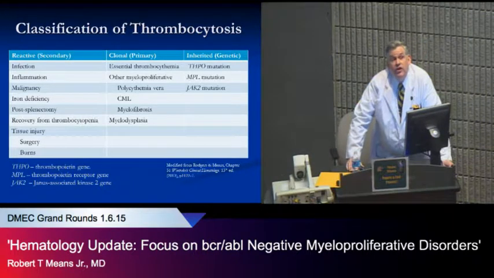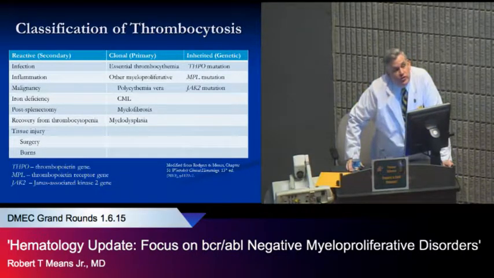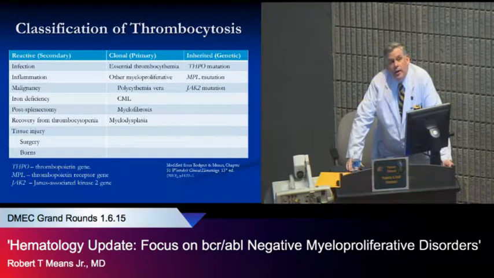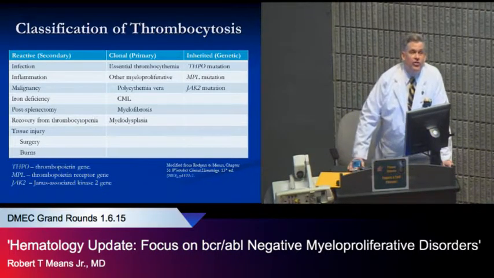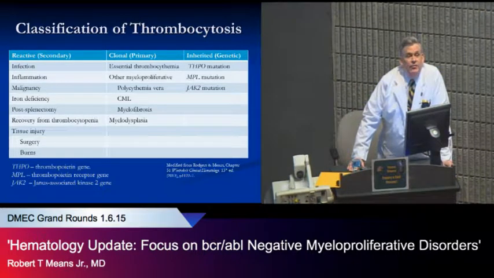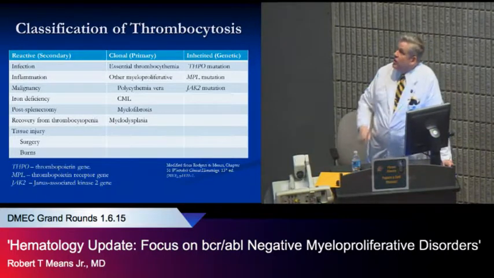You can see it with any cause of tissue injury. Surgery or burns, for example, are associated with thrombocytosis. Back in the early 80s, a series was done at a hospital in England, which was the first series to look at automated blood counts and what the causes of elevated platelet counts were in those folks. They found that the single most common cause of a platelet count greater than 500,000 was the postoperative state, and all these other things followed behind.